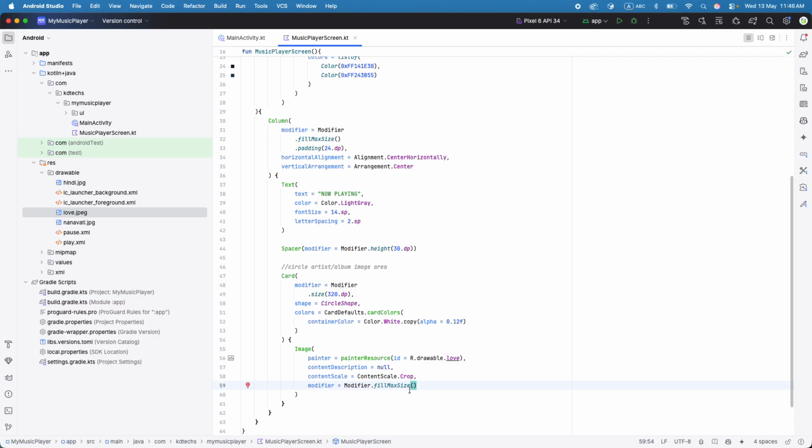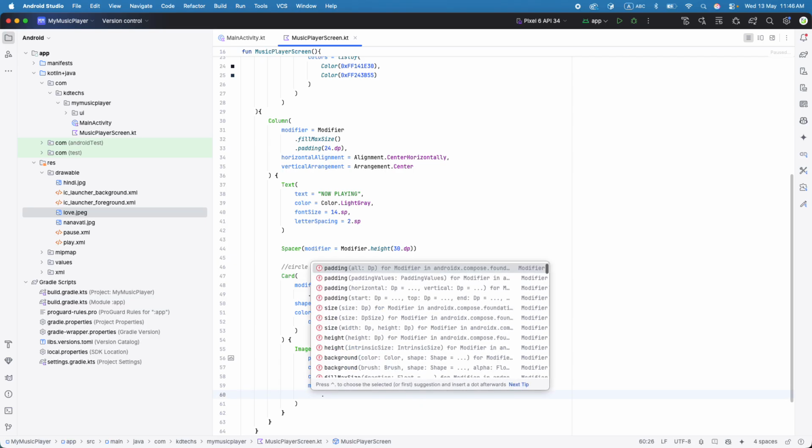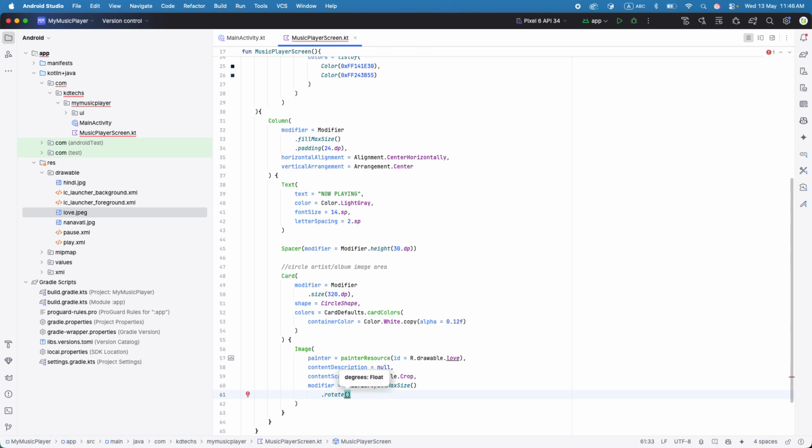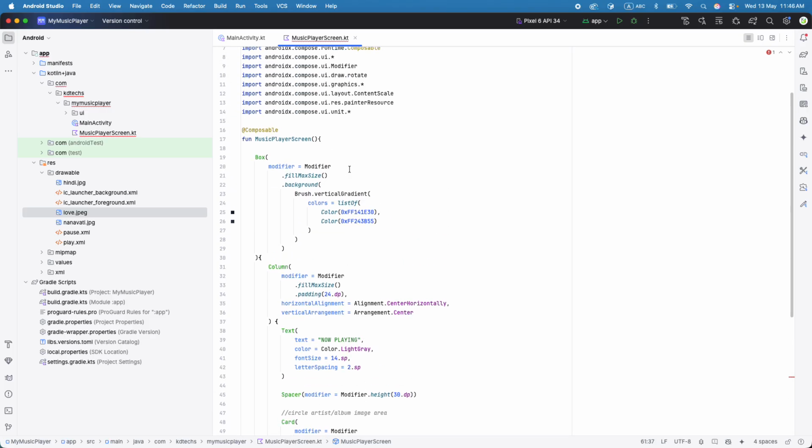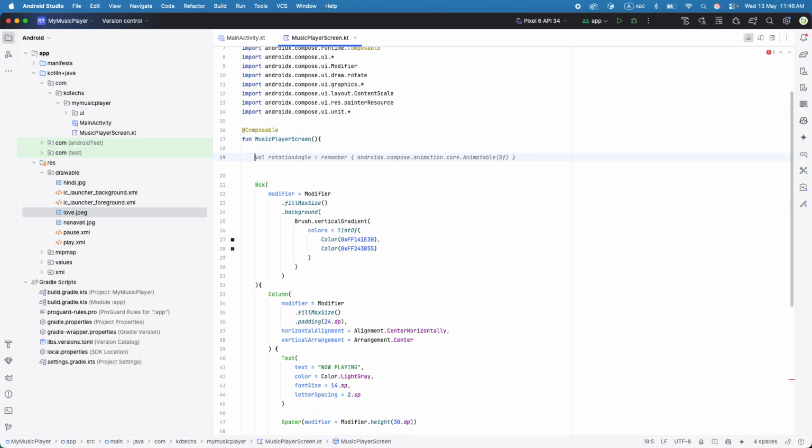And then the next property will be rotate. Do you want to rotate it or not? For that one we need to create some animation. Let's say rotation angle. Let's create this one, and this one let's create on the top here. So we need to create some animation here. So first, for the animation, we need to